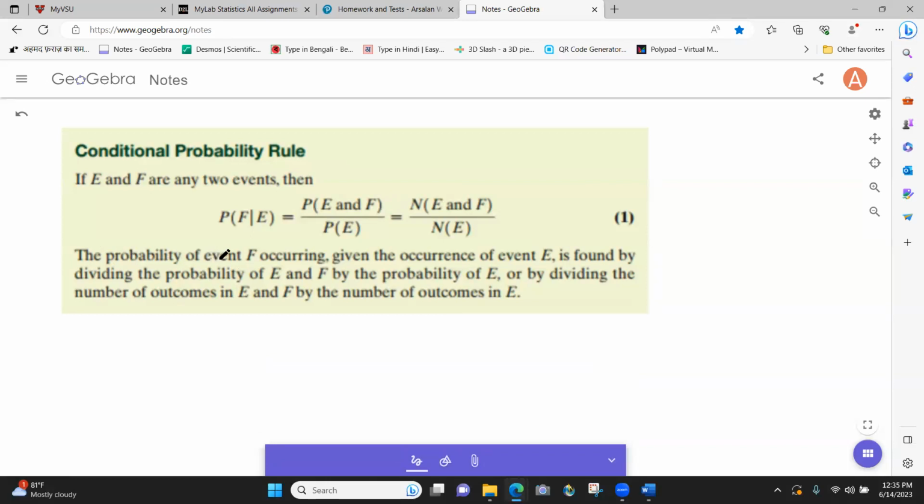Don't worry. The probability of event F occurring, given the occurrence of E, is found by dividing the probability of E and F happening at the same time by the probability of E. Now, it won't make a whole lot of sense right now, but it's something we're going to use, and when we use it, it'll make a little more sense. One thing I would mention at this point about this formula,